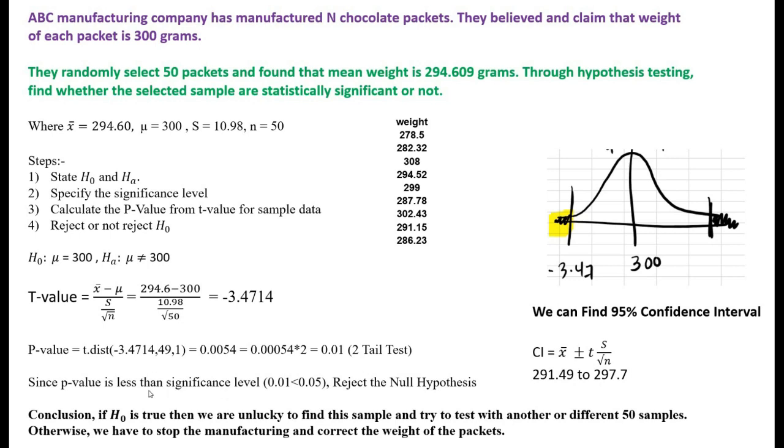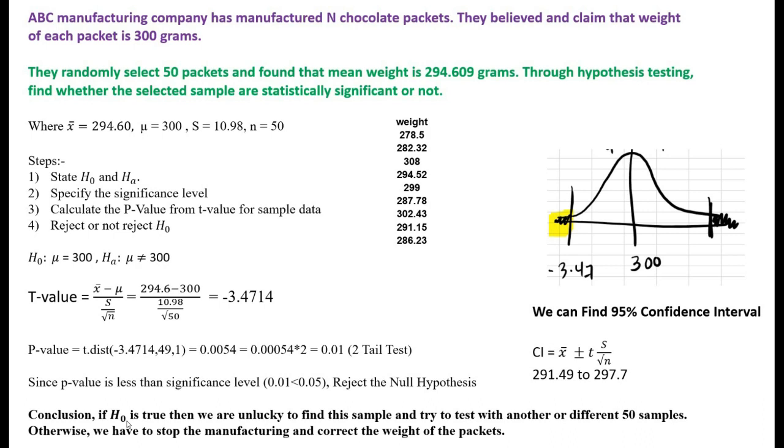Now we will compare it with the significance level. As we defined our significance level equal to 0.05, we can see that the p-value, which is 0.01, is less than the significance level. So it means we will reject the null hypothesis. Since we are rejecting the null hypothesis, it means that the alternate hypothesis is correct. So we can conclude that